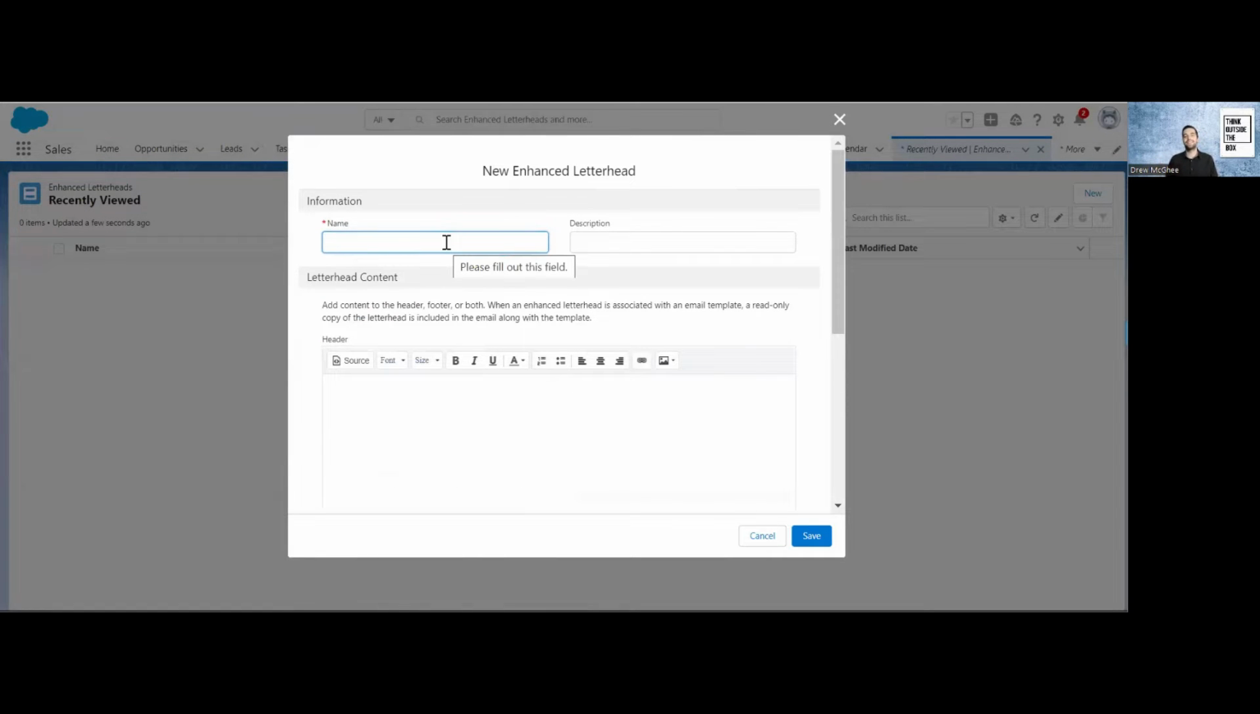So what this letterhead is going to do is it's going to populate a footer and a header of any email template we attach it to. So that anytime anybody on our team is sending out an email from Salesforce and they use the template with this letterhead, it's automatically going to populate whatever we have in the footer and whatever we have in the header on that email. So if we go to the name, we can type in test,